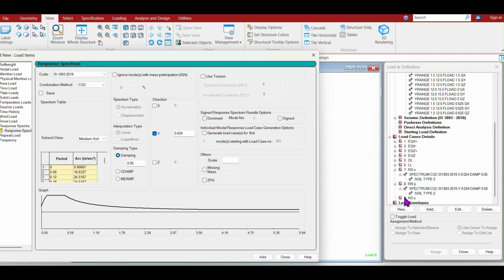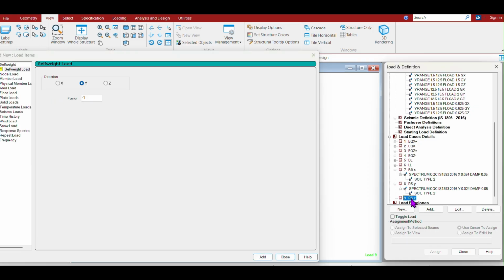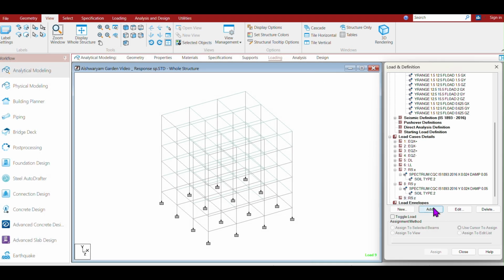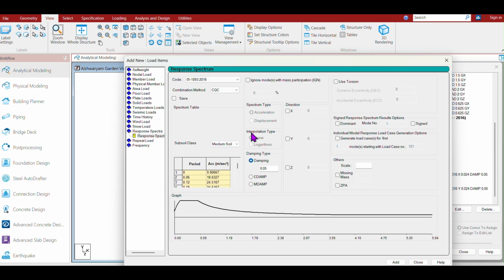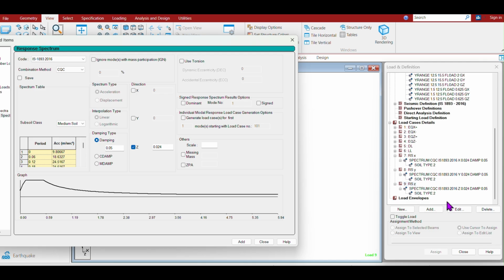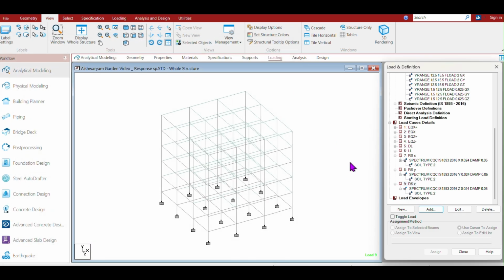Got added in RS Y. Again click RS Z, add response spectrum custom, 1893-2016, CQC, medium soil, Z value, this is also 0.024, add. That also got added. Okay, now we have completed the process of